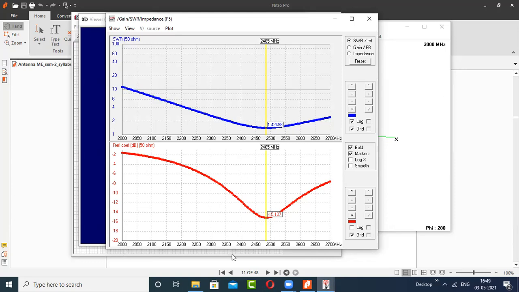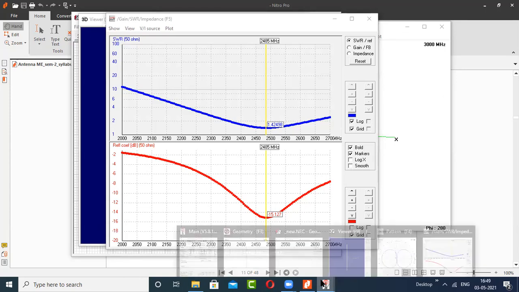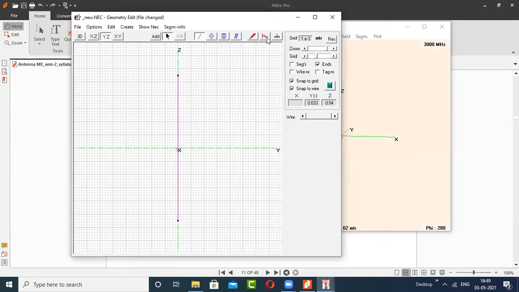The reference length is the initial length, which you got from the geometry edit window. You calculated it using the formula lambda equals C by F. Whatever lambda you get will be your reference length. Two cases you take smaller than this reference length, and two cases larger than this, so 5 cases for different lengths. And you have to make two tables.